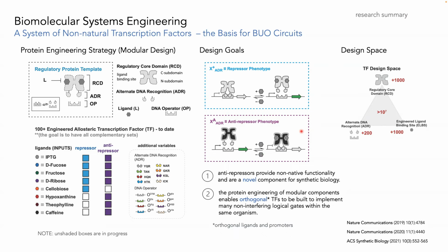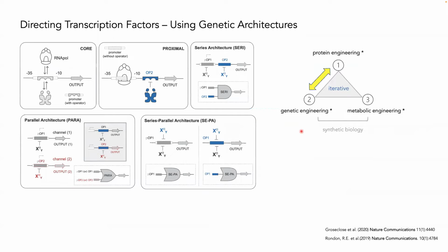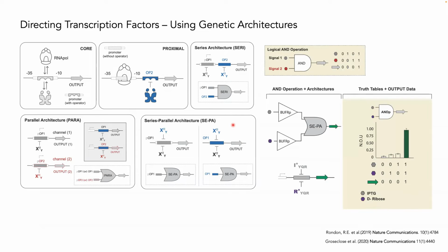So the next goal was to network transcription factors and direct them. So we can direct transcription factors in much the same way that you direct electric current. And this required that we iterate from protein engineering to genetic engineering. And so in this, we can direct transcription factors in series or in parallel or in a hybrid fashion called series parallel. So here's an exemplar of how you can create a multiple input, single output unit operation from 2